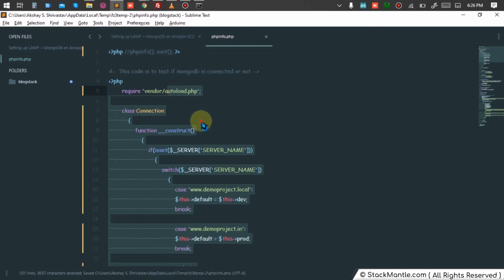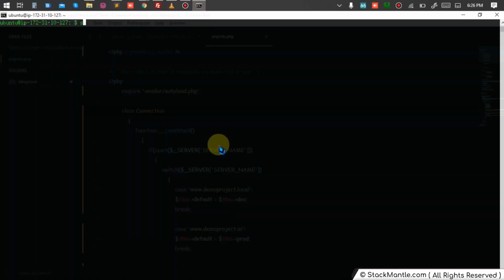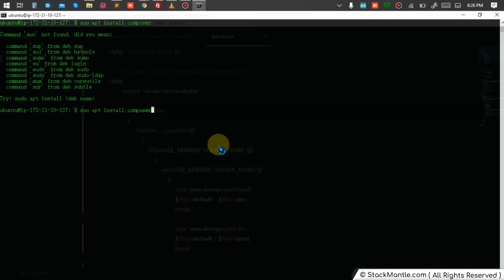This requires vendor autoload, which means a vendor folder, which means Composer. First of all, I'll run composer to see if there is already a Composer on my system. It shows no. So sudo apt install composer. Not quite, I think I'm very good at spelling mistakes.